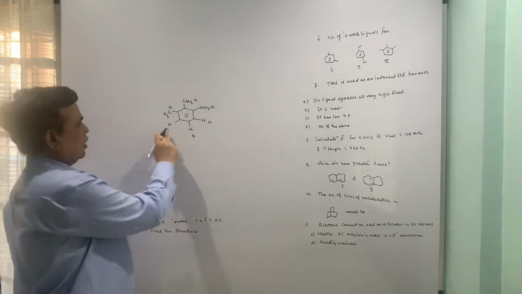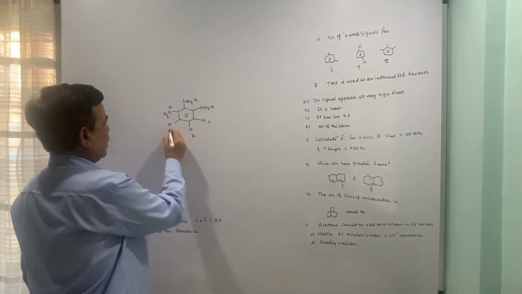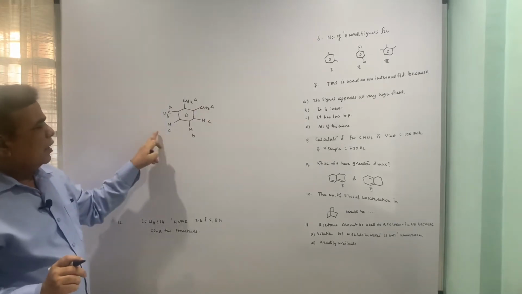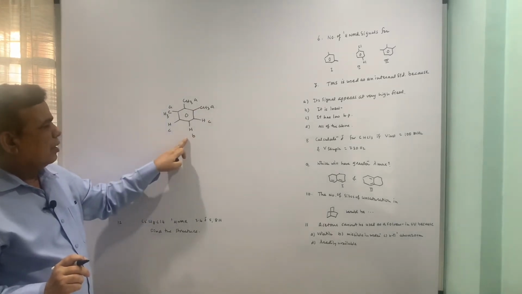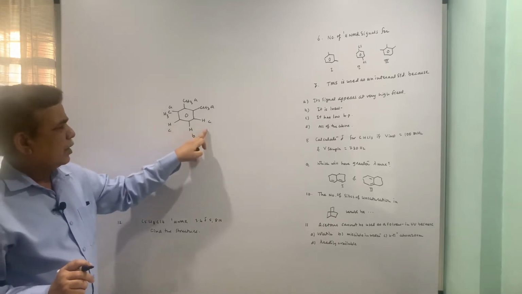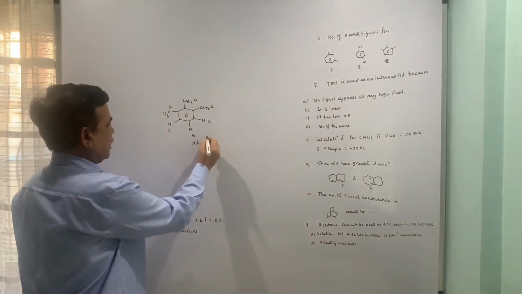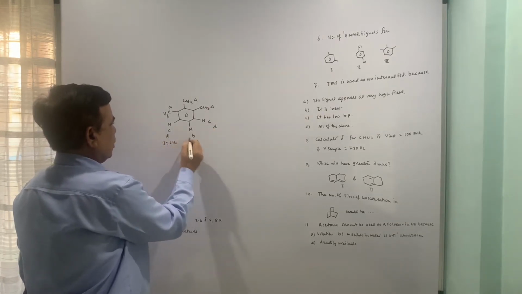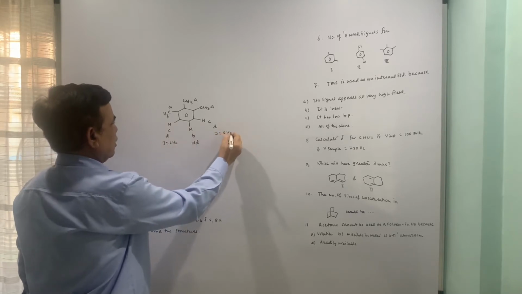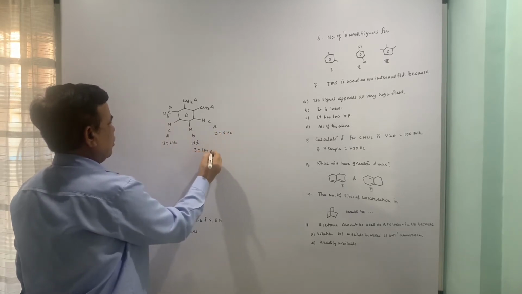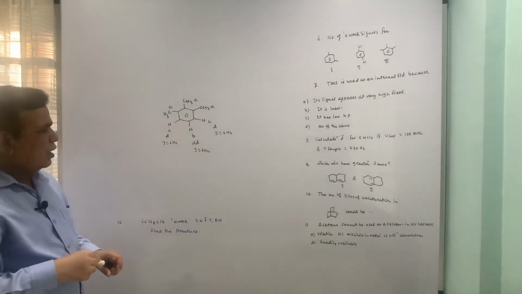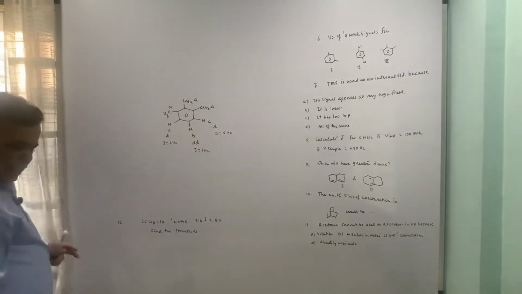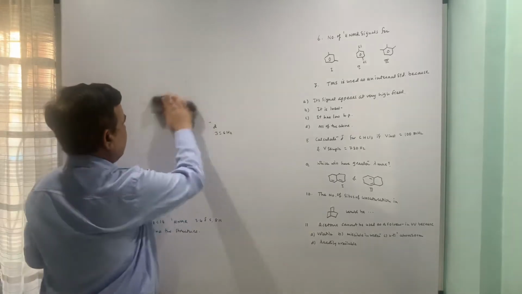So I will put B, or here I will put C because A we have already put. So these three methyls will appear together, these two hydrogens will show a doublet, this hydrogen will show a doublet of a doublet. I am also putting the multiplicity, doublet, J equal to 6 Hertz, ortho coupled. Here also ortho coupling on both sides. Methyl would appear as a singlet because they don't have any coupling partner.